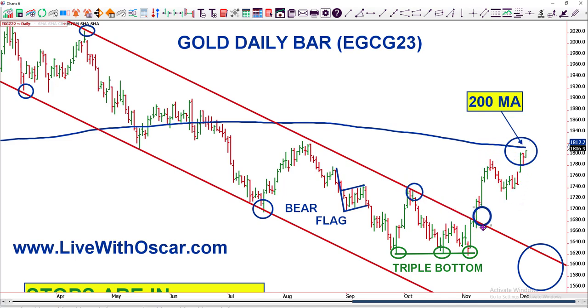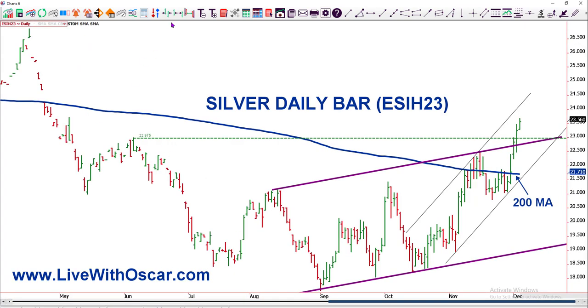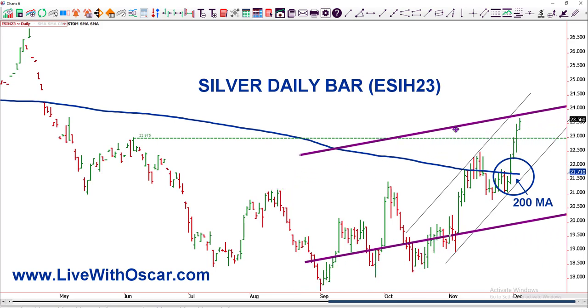Now it wants to challenge the 200-bar moving average. And I should be saying, get away, don't trade, right? Well, not so fast, and I'll show you why. Take a look at who's leading lately. Silver is leading the parade lately, and silver is well above its 200-bar moving average. Metals fans, pay attention. Silver is well above its 200-bar moving average and has gotten above this channel